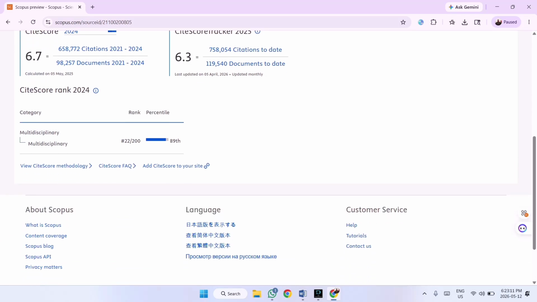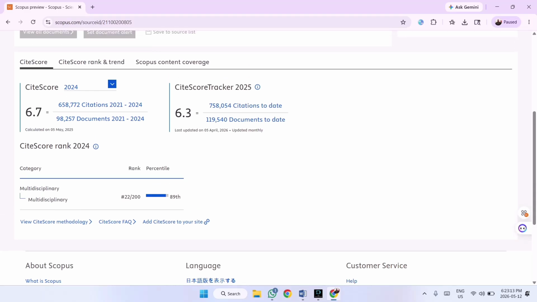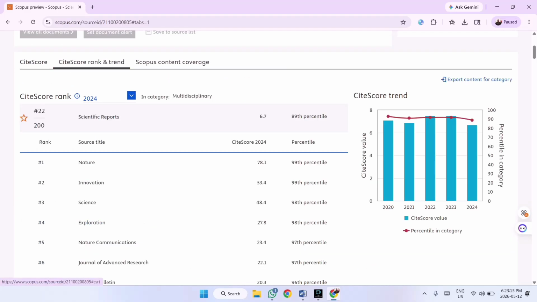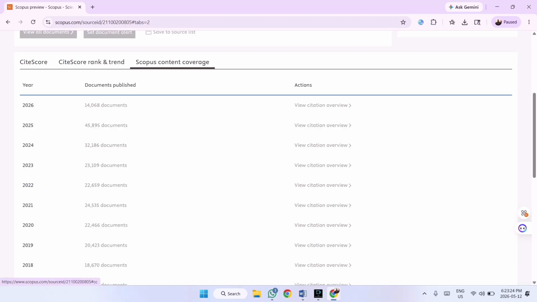In the same way, you can check the CiteScore, and this particular journal stands 22nd place out of 200. So in the current years and in the past years, how many papers has the journal published? During the year 2026, up to May, this journal has published 14,068 papers.